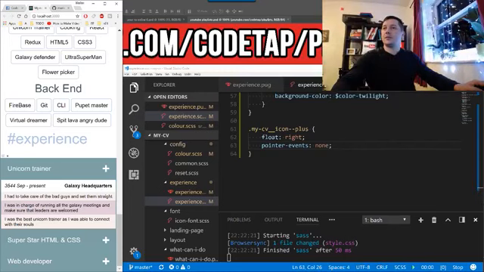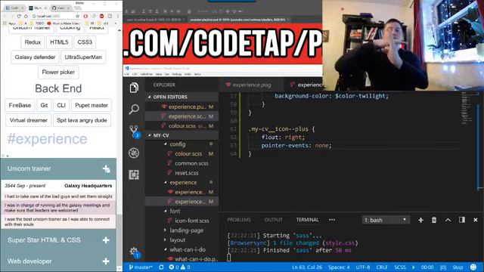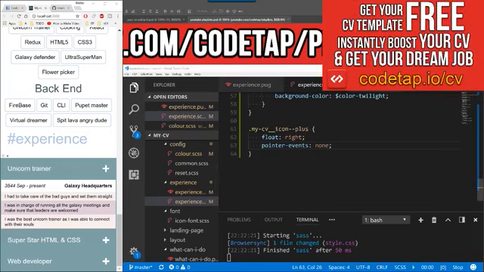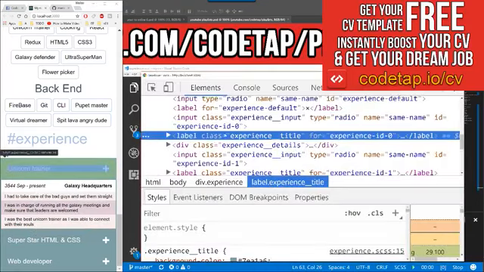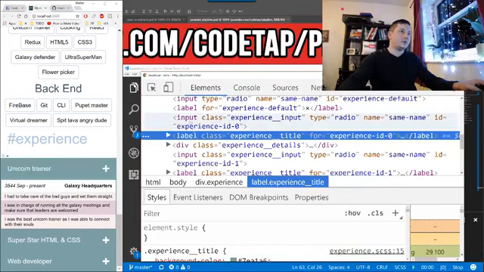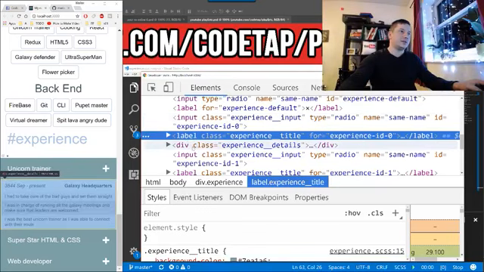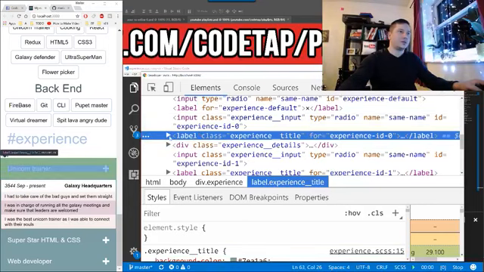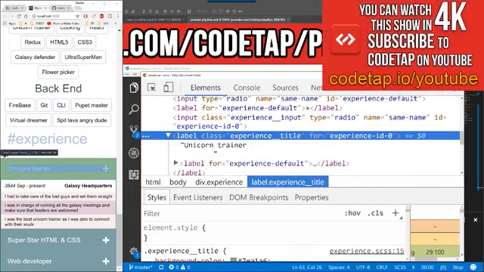Okay, so right now, when we expand it, we want to rotate this plus. So if it's a plus like this and we rotate it, it will become an X, right? So in order to rotate it, let's see what we need to do. So we have this input over here, then this is the label, which is the next sibling of the input, and the next sibling of the label is the experience details, but we don't go that far, we actually go into this one. So in experience title, we have,